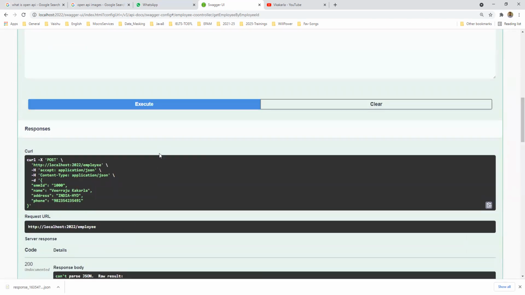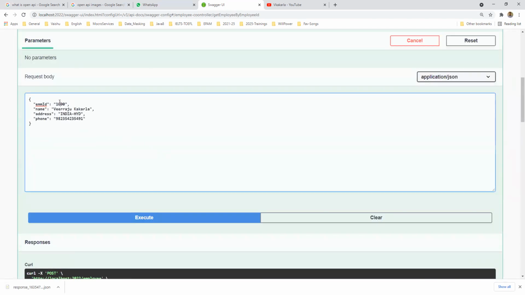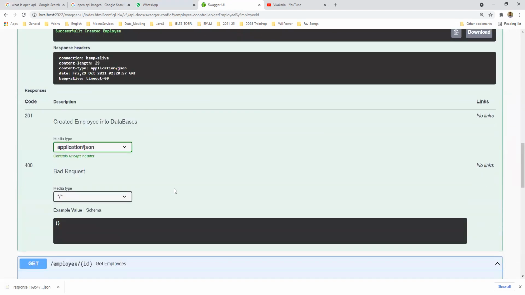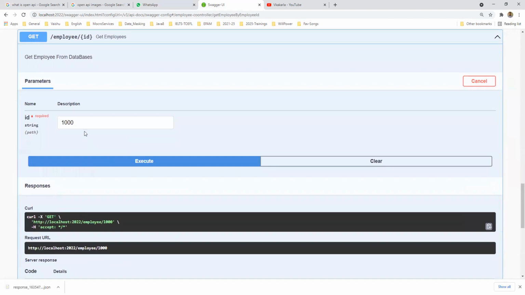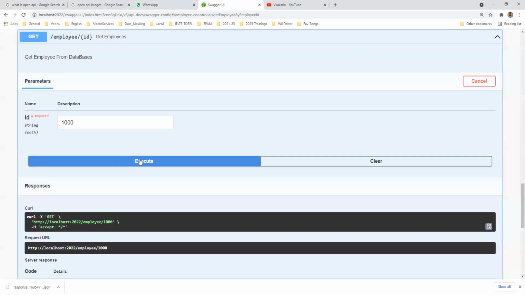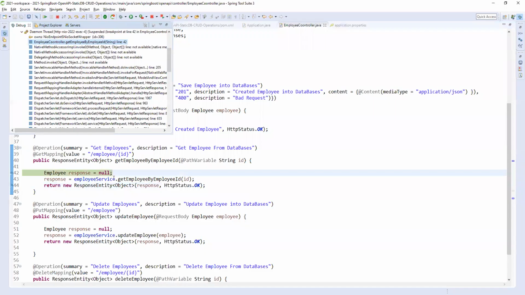What is this employee ID here? 1000, right? We will check. The map should hold this employee. We will check. Execute.